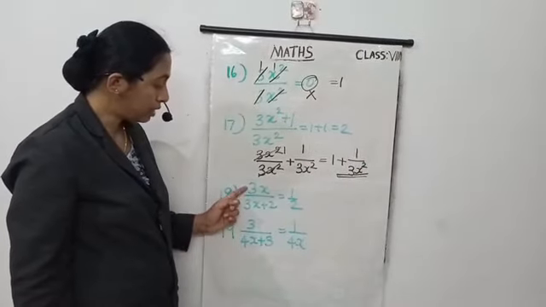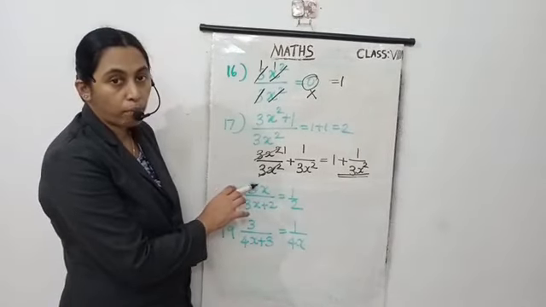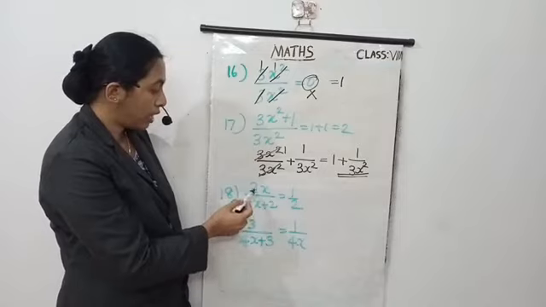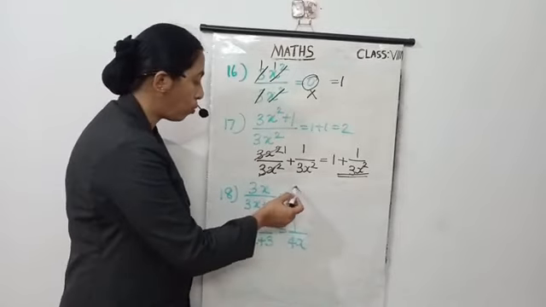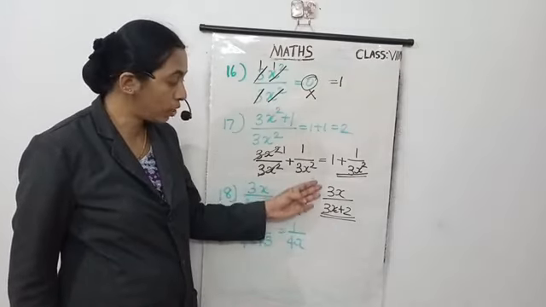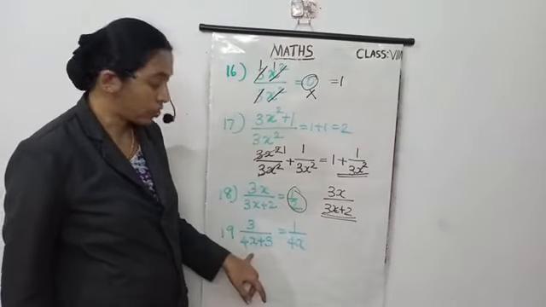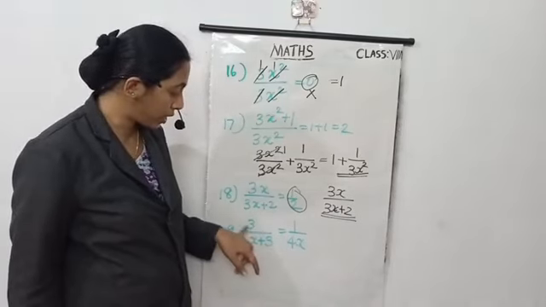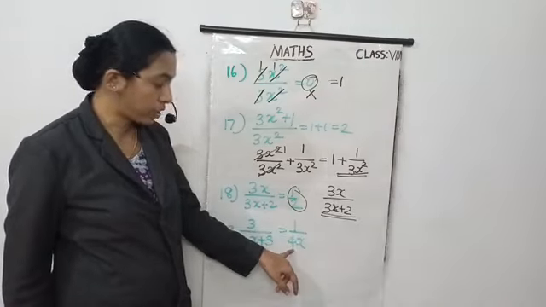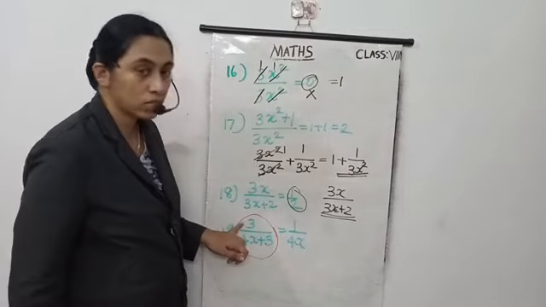And question 18, 3x by 3x plus 2 equal 1 by 2. Here a monomial by another polynomial. Just reverse of this. 3x by 3x plus 2. This is not 1 by 2. This is 3x by 3x plus 2 itself. We can't reduce this. This question is the answer itself. Same as question number 19. 3 by 4x plus 3. Here a constant by a polynomial. This is given answer 1 by 4x, but this is wrong. This expression we can't reduce. So the answer is this question itself.